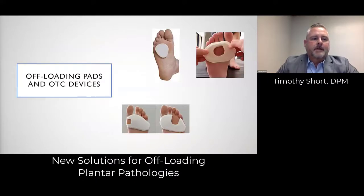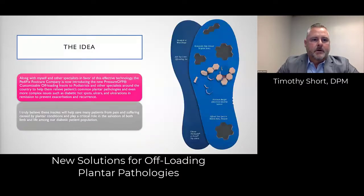Again, offloading pads can be bulky, time-consuming to make, and difficult for patients to reproduce on their own. Along with myself and other specialists in favor of this effective technology, the PediFix Foot Care Company